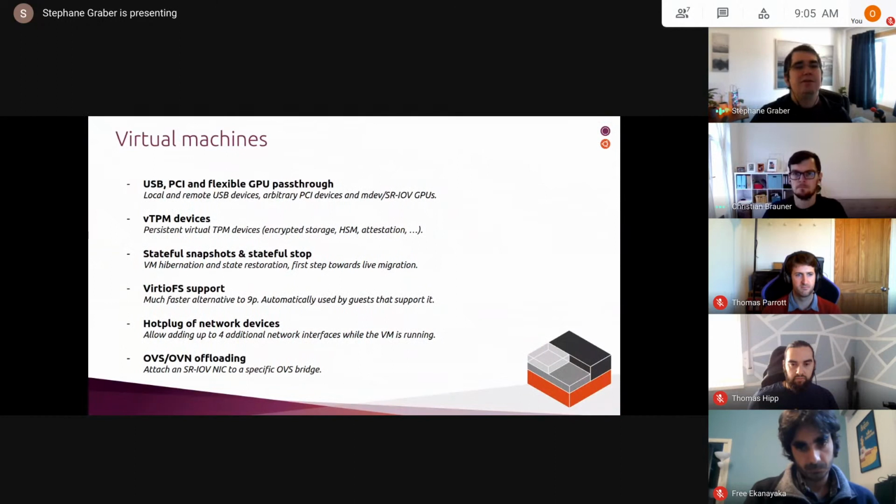All right, let's go to the actual meat of this and look at the different features we're looking at getting over the next 6 months. So the main area of development for LXD lately has been virtual machines. The main reason for that is that we're kind of playing catch up. We've got a lot of features that we support in containers that we just don't support right now in virtual machines, and we want to get that feature gap between the two to be as small as possible. So we've been trying to fill that in recently.